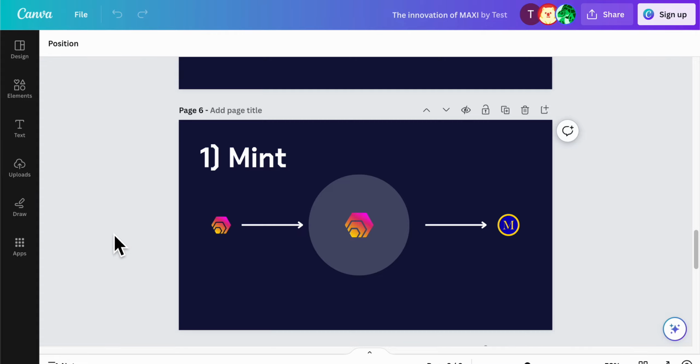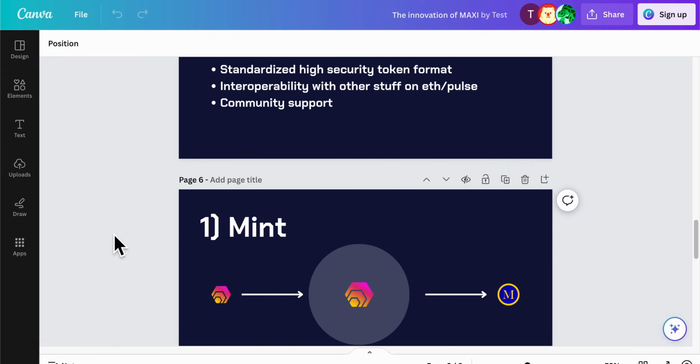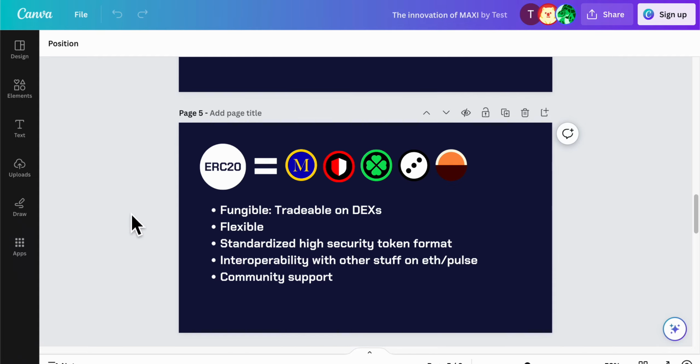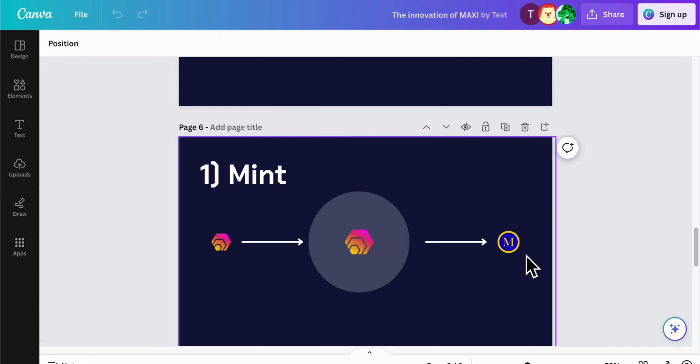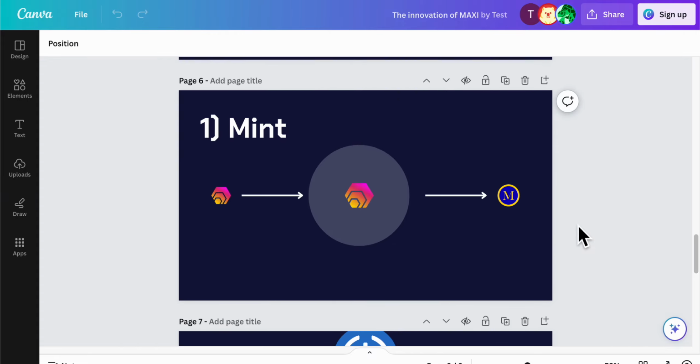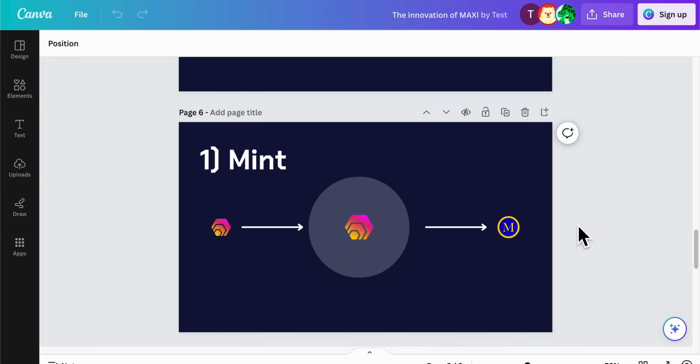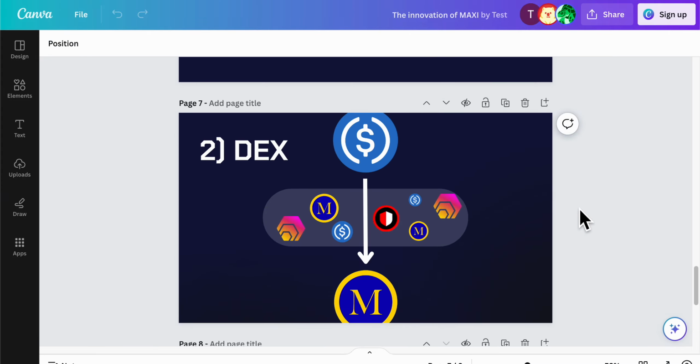So just going into the two ways to acquire these ERC20 tokens. There was a birth period where you could mint one of these tokens for 1 hex, and we've had that phase pass now for all of the Maximus products. And so there's a supply of around 270 million for MAXI, so around that number of hex was staked. But now if you want to buy any of these products, you can do so freely on a DEX, because there are people providing liquidity for them. You just need to have dollars and you can buy MAXI on the open market.